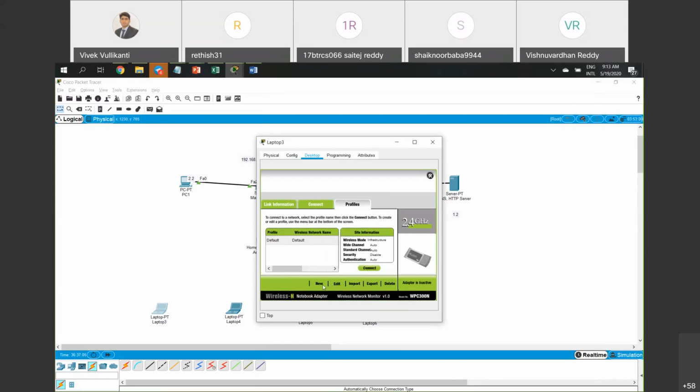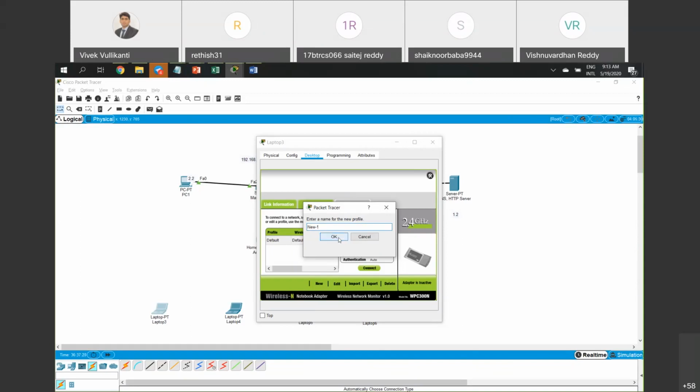So I'm going to click on the new. Name of the profile, I can say it as a for the new one. So this profile name is to get connected to the wireless access point new 1. It is available, but no broadcasting is there. So that is how these fellows are not able to identify that network. Now we are going to tell this fellow manually that there is a network, you get connected in a wireless